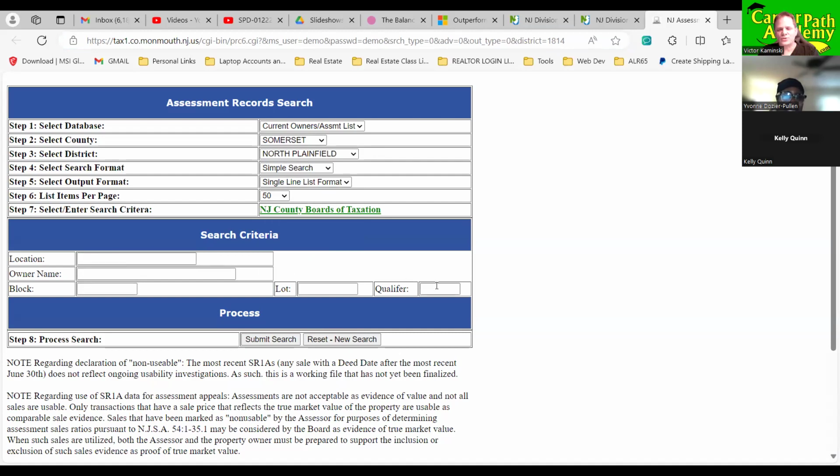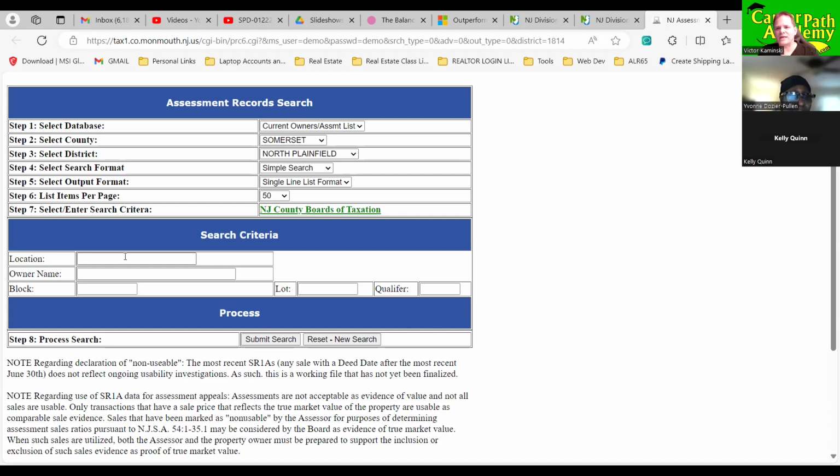The way that you use this search system is you don't need the full address. You could put partial. You could even put names or partial names or lot and block numbers. The least amount of info you put in, the more search results you get back. Because it's not a wise search engine like Google would be. You have to type things in exactly as they're in the database.